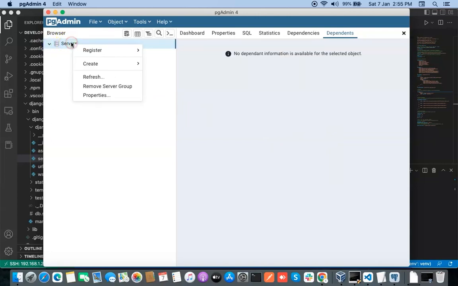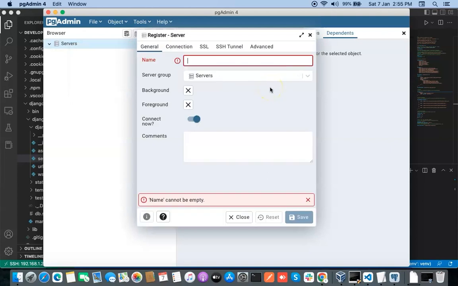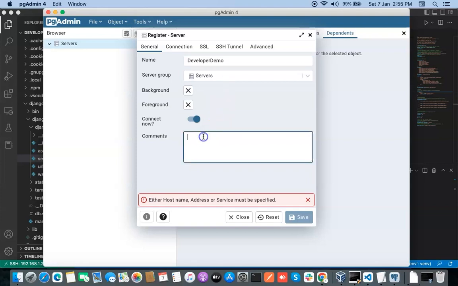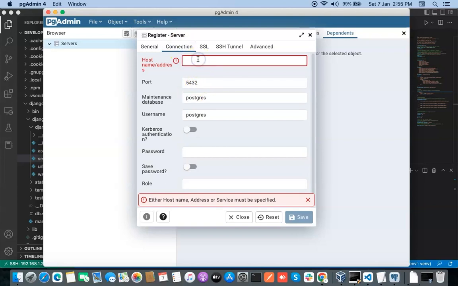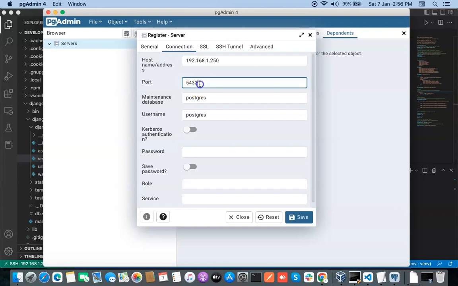Let me create a connection. Just right click on Servers and register server. Here you can type some name, like developer, any name you like. You can put some comments here if you like, and then the connection. My Ubuntu is running on a virtual machine which has this IP address, and 5432 is the default port, and